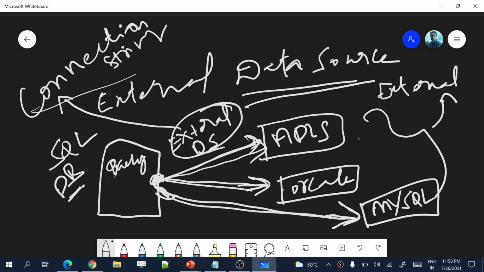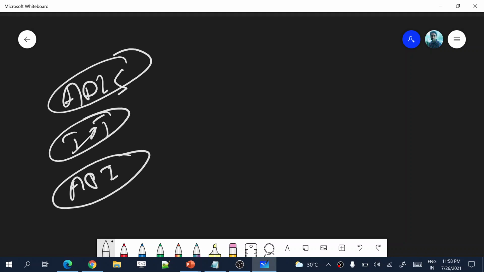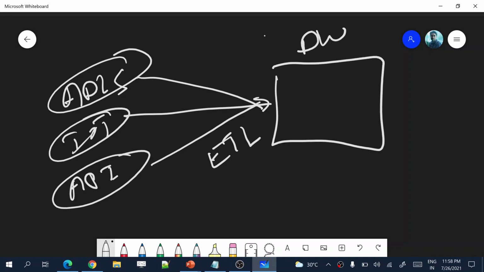If using a query you are able to get the data from different storages and directly do data aggregations or analysis on top of it, then that is called data virtualization. Let me clear this canvas and give one example. Let's assume you have Azure Data Lake Storage, some IoT hub system, and some other API. These are different data sources. Usually you use an ETL tool and create an ETL pipeline to store all this data, maybe in a SQL data warehouse.